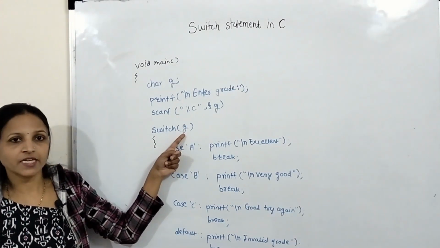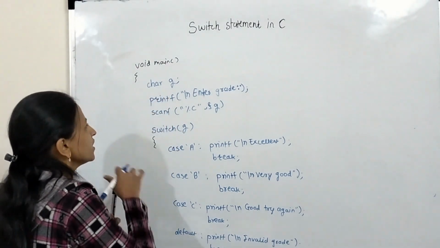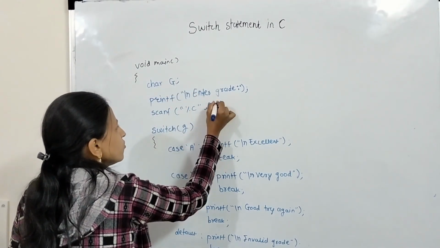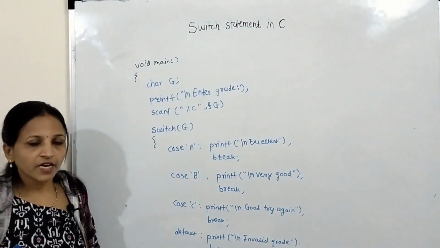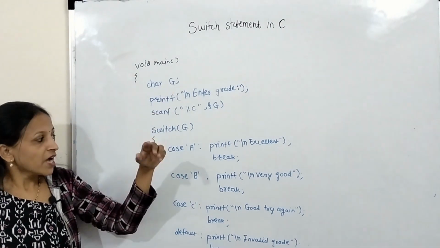Whatever variable inside that switch is a character variable. See here, this G variable I have used here. Suppose here I am accepting the grade of a student, and for that I have declared one character variable, say G, and if that grade